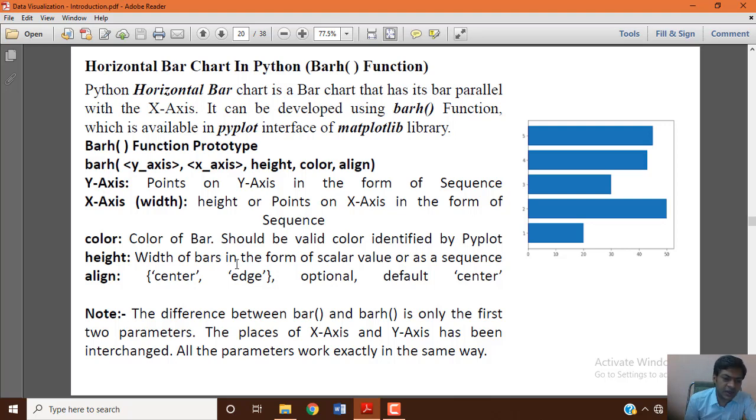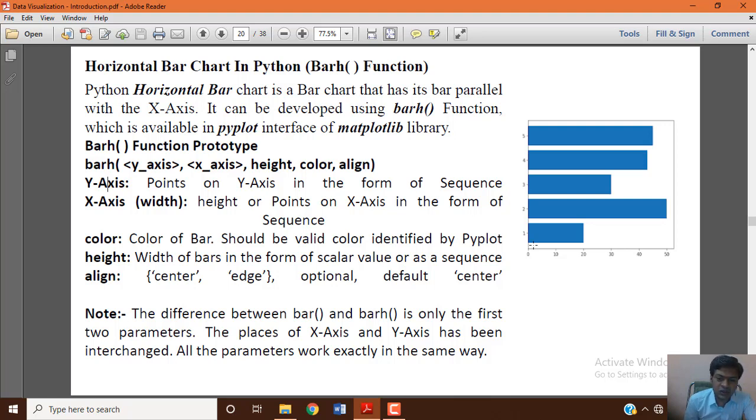Then the align property: you can use two different values, one is center, another is edge, the same way we used in the bar graph also. It is optional, and the default alignment is center.